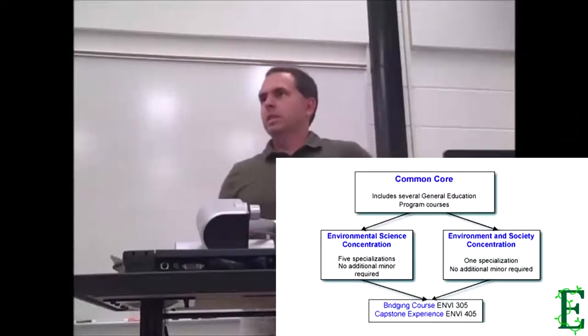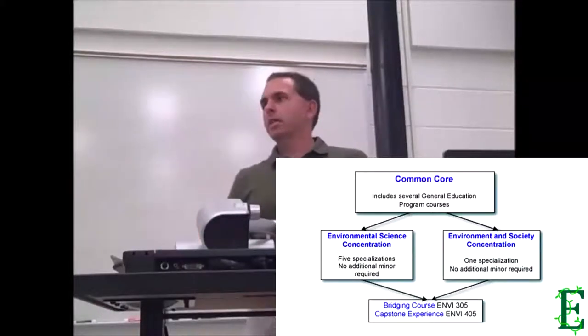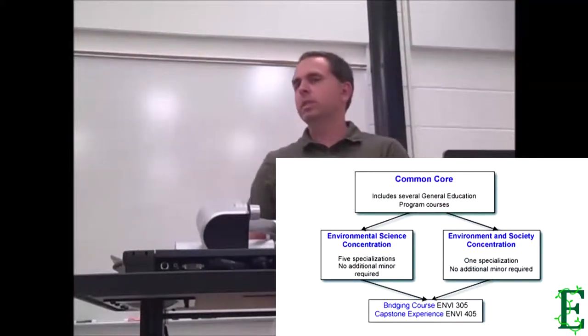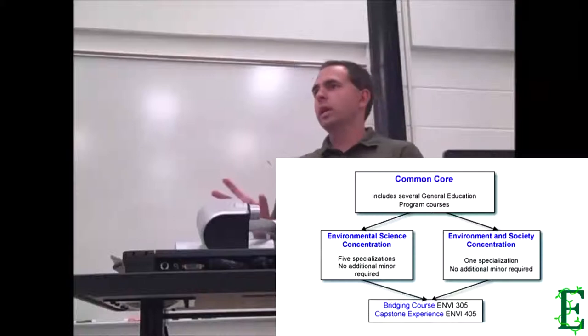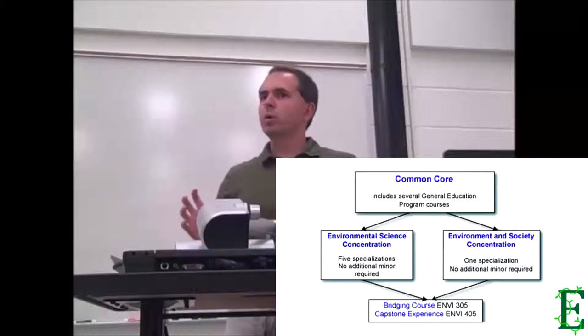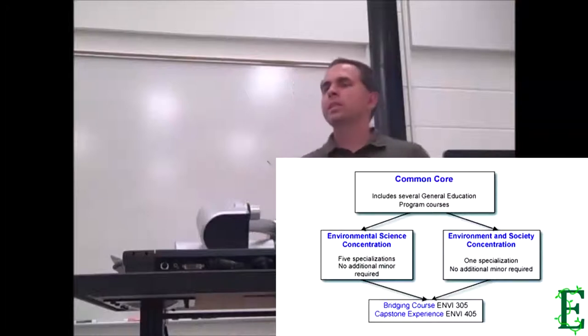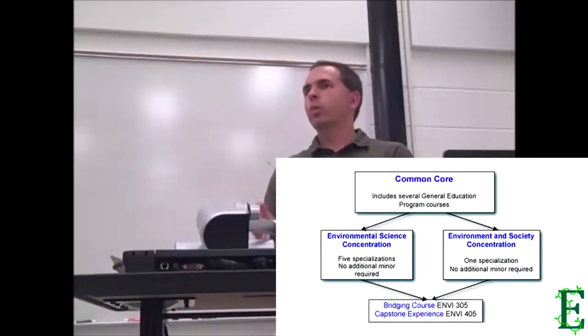Okay, so this is kind of a diagram of the major, just to give you an idea of how everything fits together. We call it Interdisciplinary Environmental Science and Society. The interdisciplinary is important because we have environmental science majors, and we also have an environmental science concentration, and also an environment and society concentration that is more of the non-science environmental issues. It's interdisciplinary in that we require the environment and society majors to take some science courses, and we require our